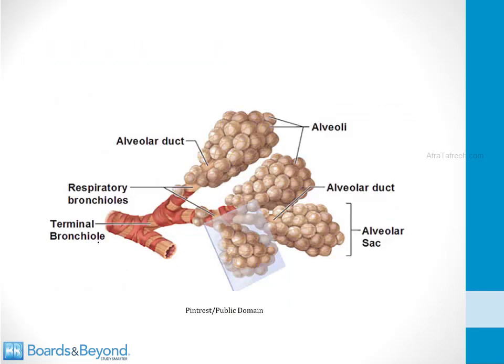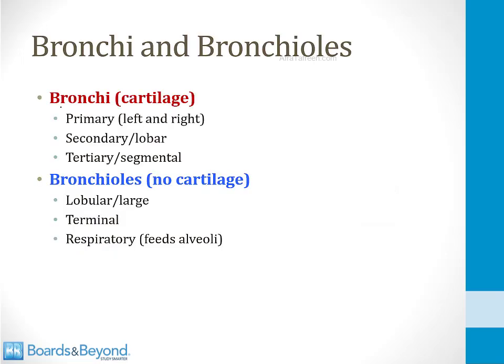And here's a picture just to make this very clear in your mind. Here we have a terminal bronchiole. This represents the final, most distal structure in the conducting zone. It branches into two respiratory bronchioles here, which deliver air directly into the alveoli. And then connecting the respiratory bronchiole to each alveoli is a very small alveolar duct, which is also part of the respiratory zone. So the conducting portions of the lower respiratory tract are made up of bronchi and bronchioles,